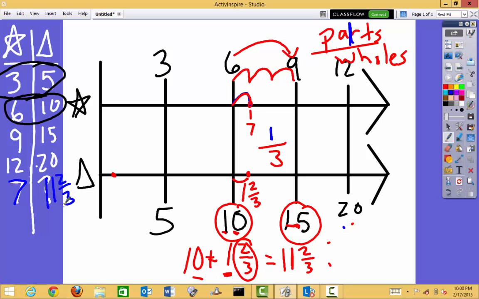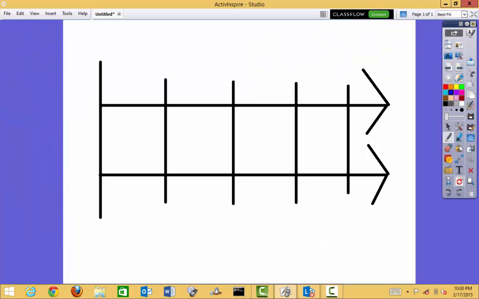Okay, let's try one more, then we're going to be done. So here's my last one. If for every A I get this many B's, I'm going to construct a ratio. If for every 6 A's I get 10 B's, construct a